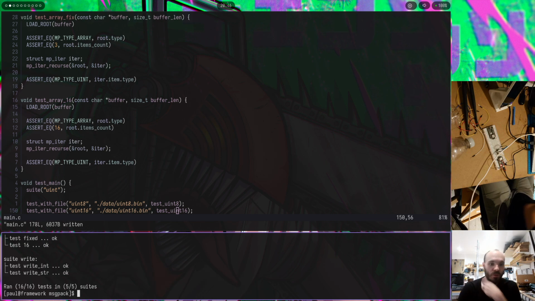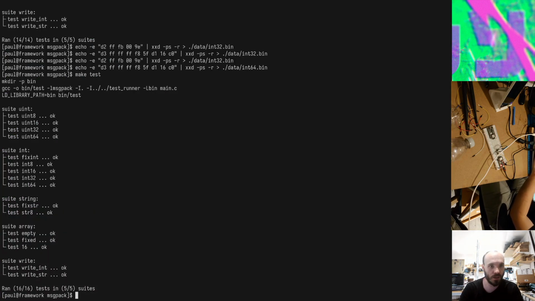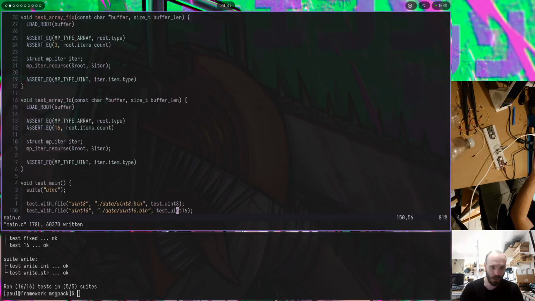So I will have to implement those. All my tests have passed. I test uints and ints in the reading suite, and then I test strings, which are a bit too small. And then I do array and then array 16. But I haven't tested array 32, and actually that's the only one I have. Because the reality is I would integrate an array with tons of numbers in it. I'm just going to trust that it works right now. I mean, I should probably just generate one. But yeah, we'll see. Right, so now that I've got this, I would like to go back to